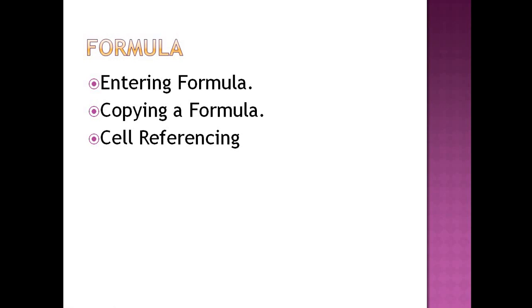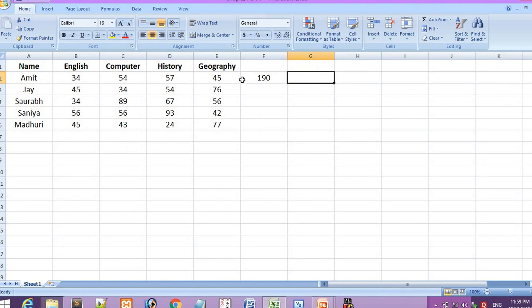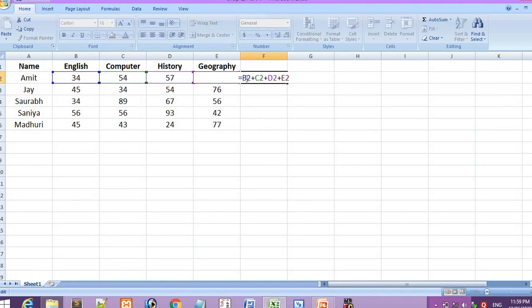So in this point we have seen the first point, how to enter a formula in MS Excel, last time in the Excel sheet practically. Whenever we want to enter a formula, first we have to give an equal to sign. पहले क्या देना होता है, equal to sign. After giving an equal to sign, we can give a formula in 3 ways in our MS Excel.